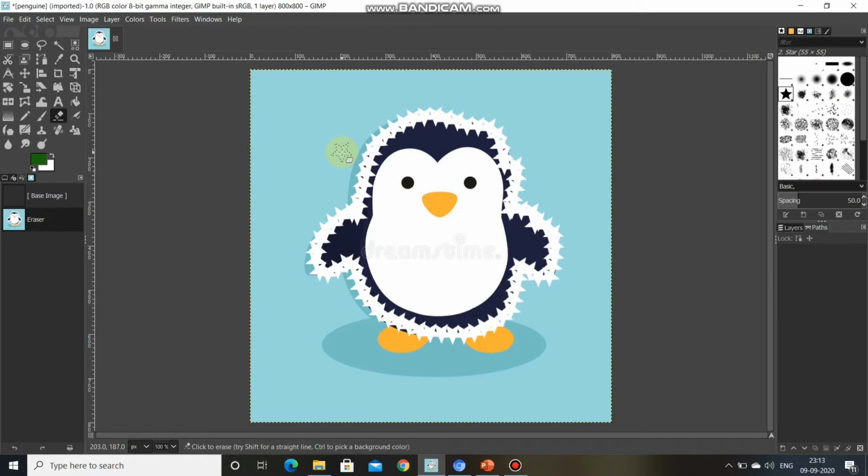As you can see, the brush effect is applied. What we have done is simply put the mouse over the area where we want to make the changes, left click and drag the mouse. This is so simple.